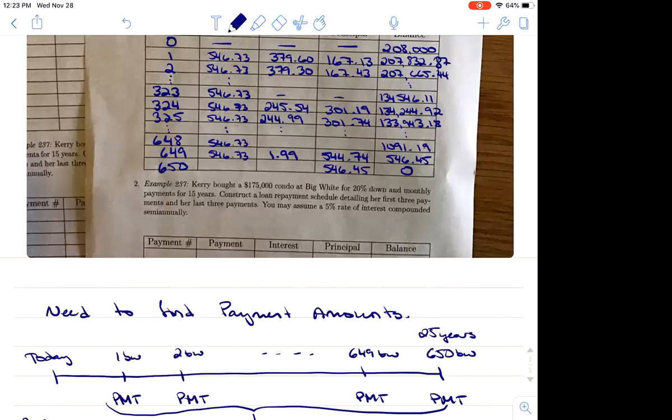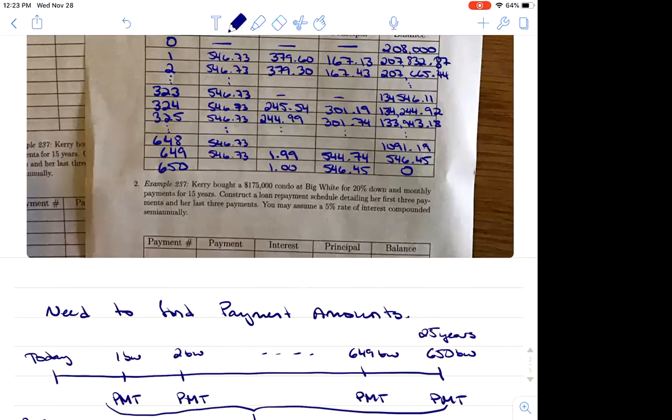Otherwise, our balance wouldn't be zero. $546.45 times I2. We have to pay 0.997, so that's a whole dollar, $1